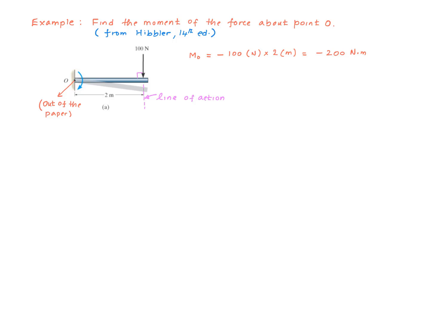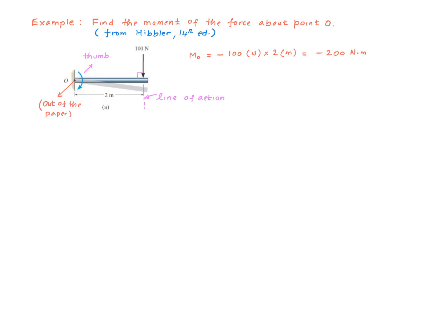According to a sign convention, the axis that comes out of the paper is our positive axis of the moment. If I were to use the right-hand rule to figure out the direction of the moment of this force, we'll be holding our fingers in the direction of the force. That will be this one right there. And then you will see that the thumb is going to be pointing in the direction opposite to the axis of the moment, and therefore we have a negative moment. The magnitude of the moment is force multiplied by the distance perpendicular to the line of action, which is 2 meters, and therefore we have minus 200 Newton meter as the moment about point O for this force